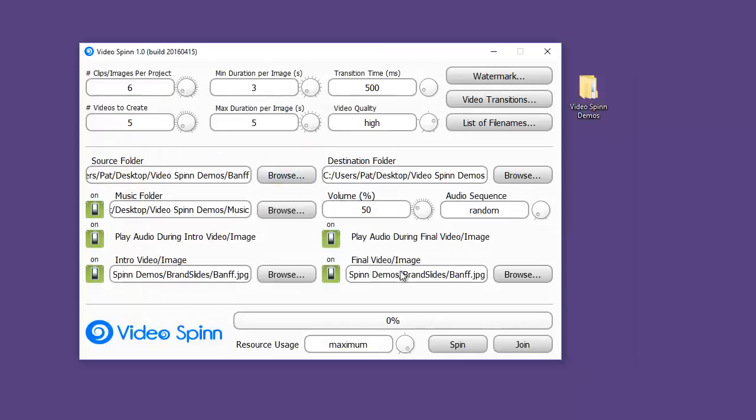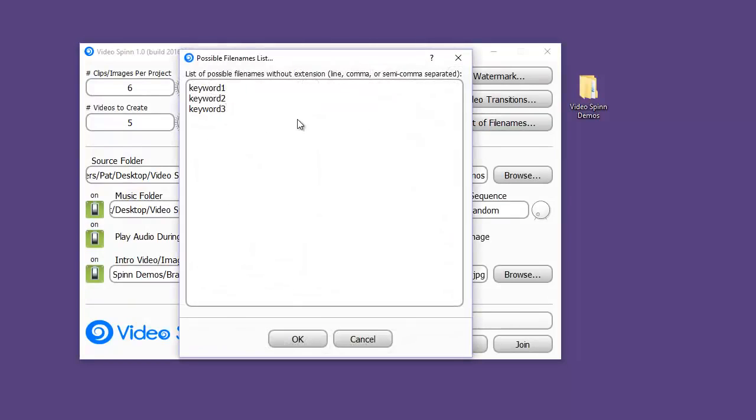We'll use it at the front and the end. Now, a list of file names, this is where you can put keywords, and it will name the videos after the keywords or key phrases. This is really important and saves a lot of work for you, because we can put in stuff like Banff,